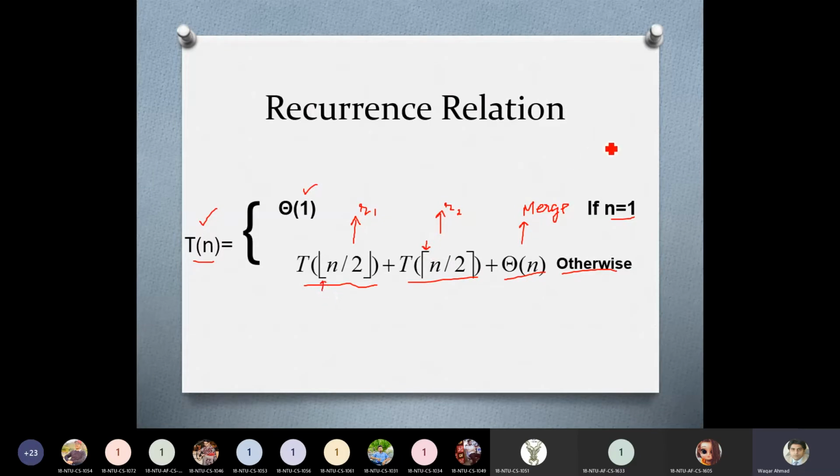It means that if the size of array is equal to 7, if we divide it into 2, this floor function will give 3 on the left side and 4 on the right side.